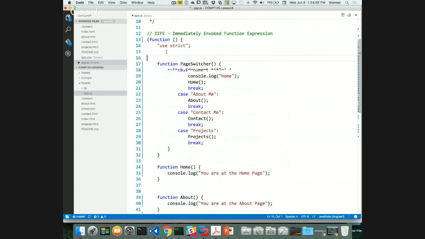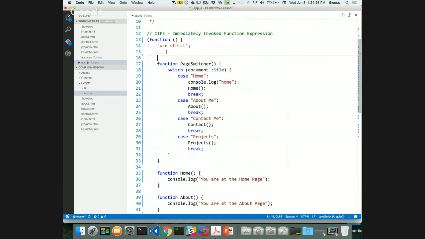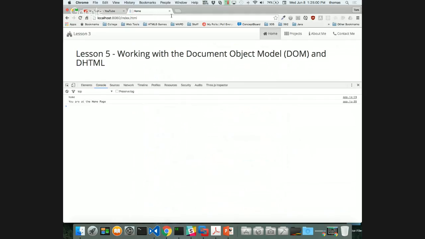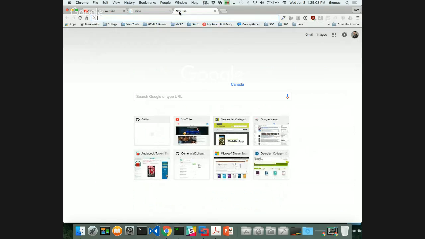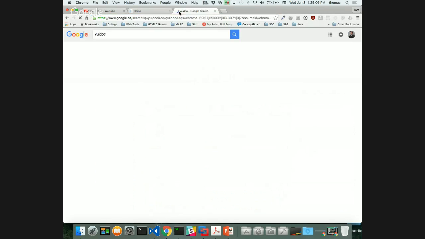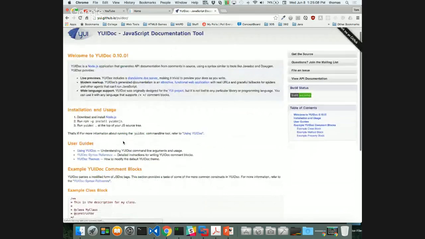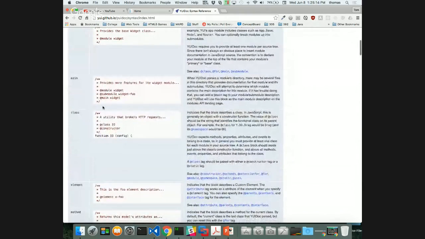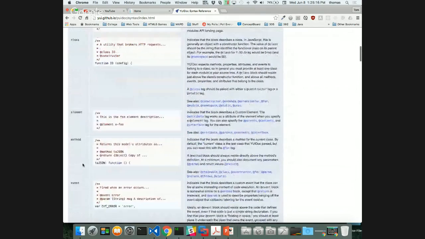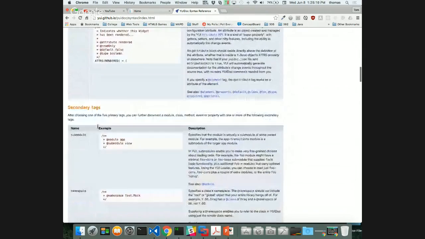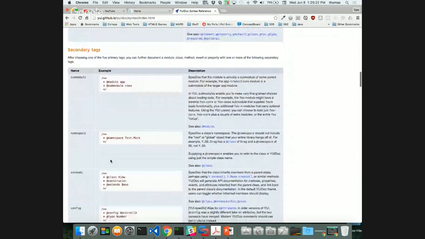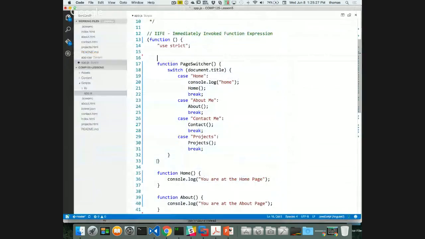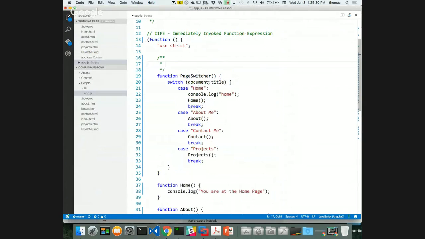We didn't talk too much about documentation, but like I said before, I'm using something called UEDoc for all my documentation best practices. So if I go into the syntax reference here, syntax reference for UEDoc, I want to start documenting my stuff to say if it's an element or a method or a function or something, so I know what it is, submodule, whatever, right? So that means that if I go back up here into my document, I want to use the double asterisk,